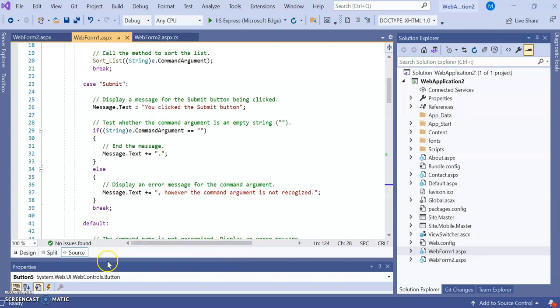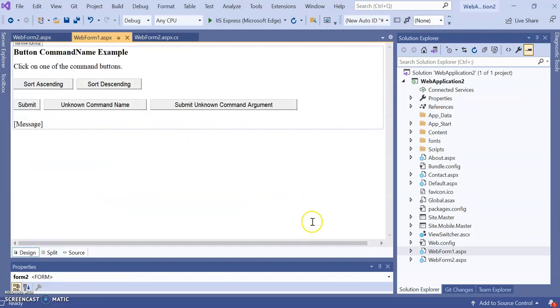So let's go to another web form. It's the design part. This is an example of command name. Here you can see the Sort Ascending button, Sort Descending, another one Submit, and Unknown Command Name and Submit Unknown Command. Sort Ascending and Sort Descending, these two buttons have the same command name, Sort, and their command arguments are Ascending and Descending.